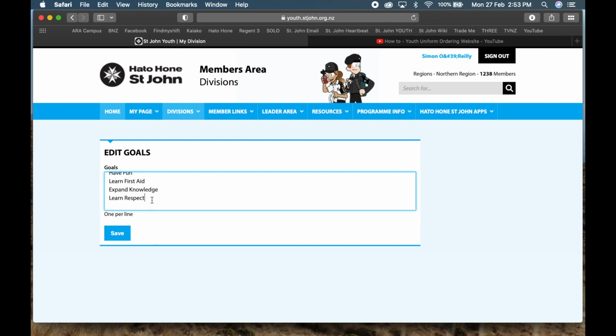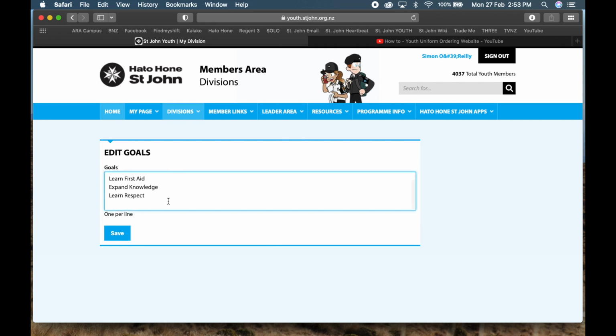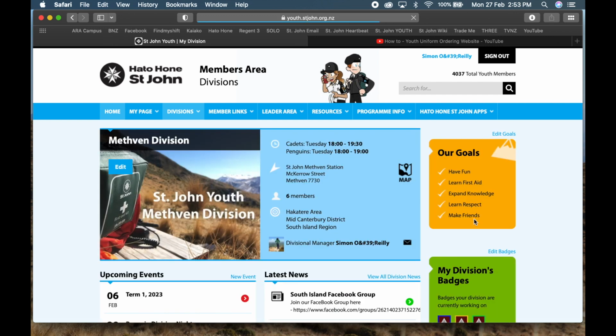We can edit all the others. Just make sure that you have one goal per line, otherwise the tick boxes come up a bit funny along here, as shown. I'm just going to put Make Friends back, so what I would do is make sure there's a new line, type Make Friends, and as easy as that, it comes up under your goals.